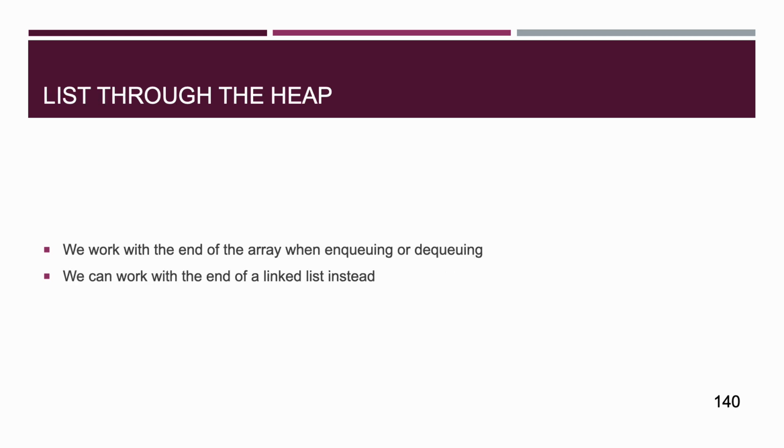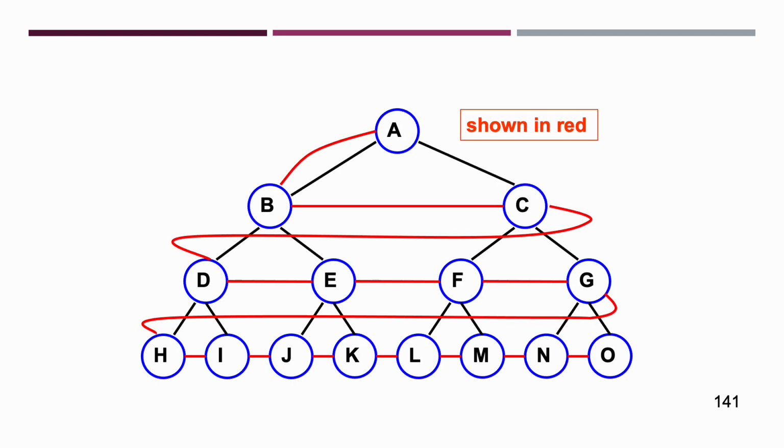We'll now see the list through the heap. So when working with a heap, whether implemented as an array or a linked list, the end of the structure plays a critical role. This is where we perform key operations such as enqueuing or dequeuing. So we work with the end of the array, and we can work with the end of a linked list instead. So it doesn't matter. Here, if you look at this illustration, the diagram,